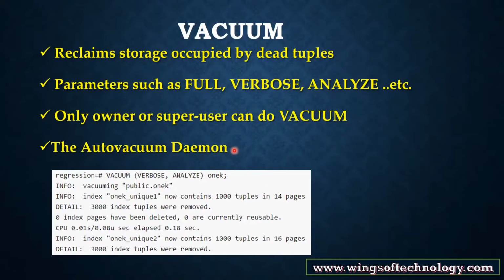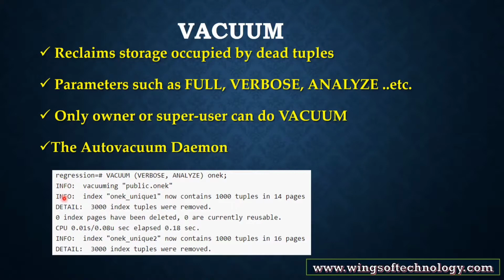Based on that we can take the call. And this is the one example given here in the screenshot. If you see, we have applied vacuum with both verbose and analyze. If you can see here, now we are vacuuming the public.1k table, and first it is showing the info because we selected verbose, so it will give all the minimum details into the log.